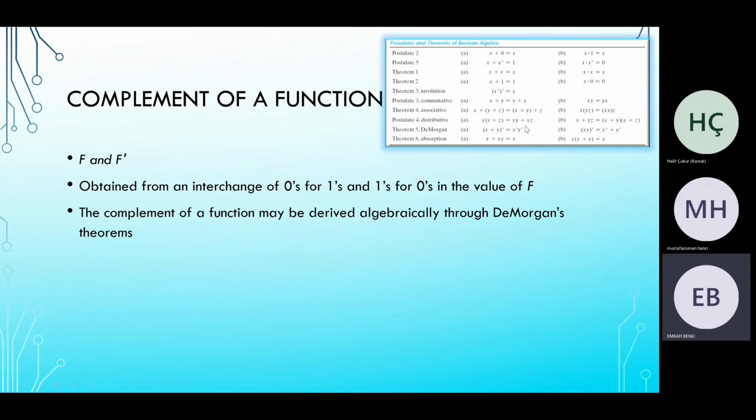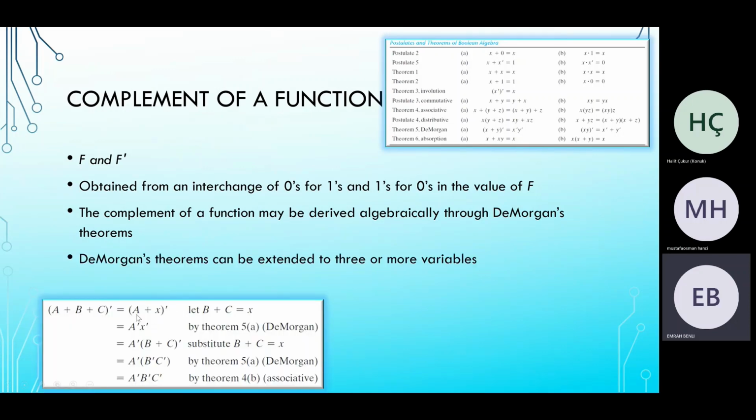So if we have 3 variables, it's here. We have A or B or C. If we want to get the complement of this, let's say B or C is X. So we are acting like it's only 2 variables. So we had A prime, X prime. So now let's replace the X with B or C. Now it's again 2 variables here, B prime and C prime, and we can just combine them like this and write them like this. So with the 3 variables we have this,